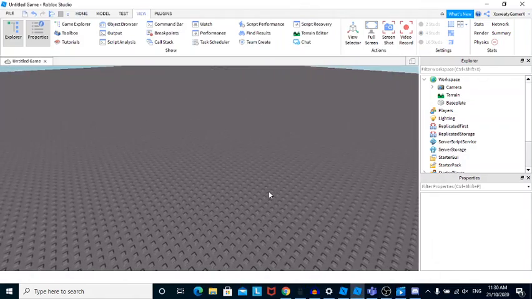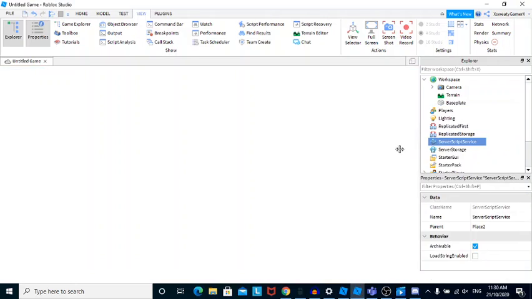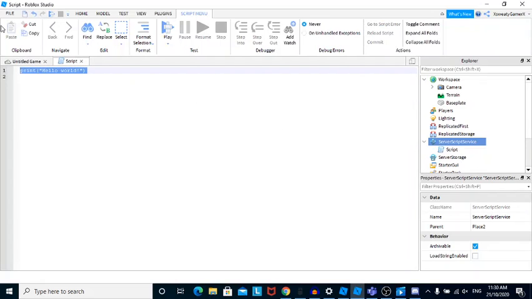Today I'm showing you how you can make buyable cash in your Roblox Studio game. So the first thing we're going to do is insert the stats. We're going to make a script in ServerScriptService. We're going to be going